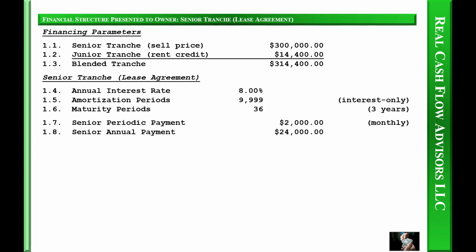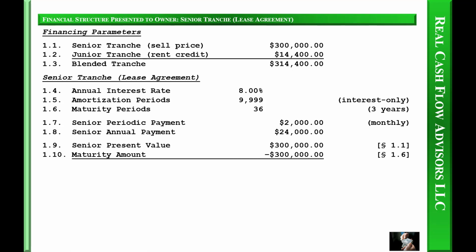Senior annual payment, $24,000 per year. Senior present value, $300,000. This is the seller's desired sell price. Maturity amount, $300,000. This is interest only. There's no reduction in principal.